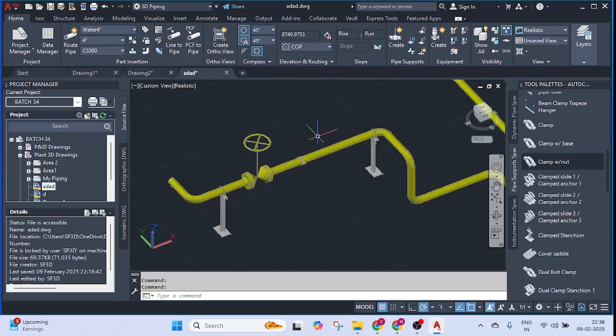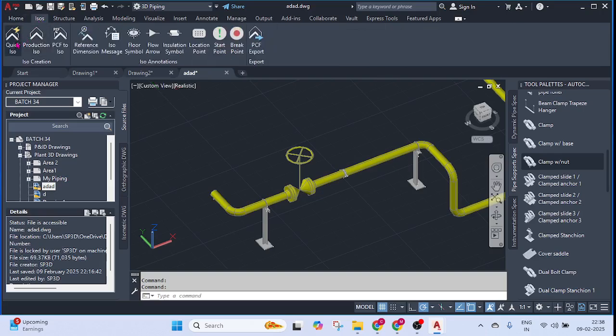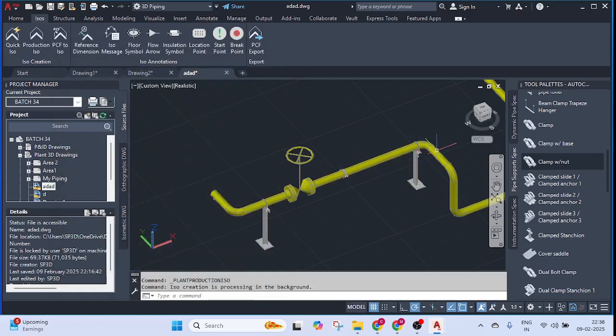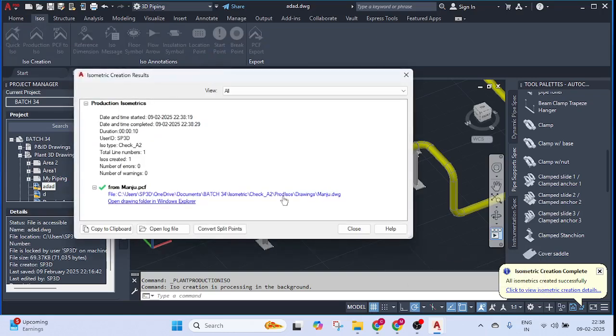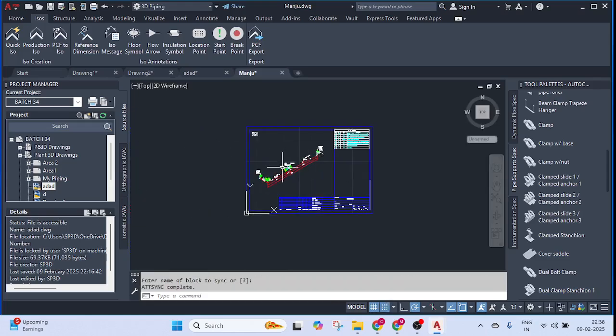So let us see how we can take the isometric. You go to the ISOs, here you go to the production ISO. Here Manju is there. Click on that pipeline number and select the sheet A1, A2, A3 as per your project standard. Click create. What will happen? This Manju line which I have given from this point to this point, it will create and it will come here. Now if I open it here, this is the isometric